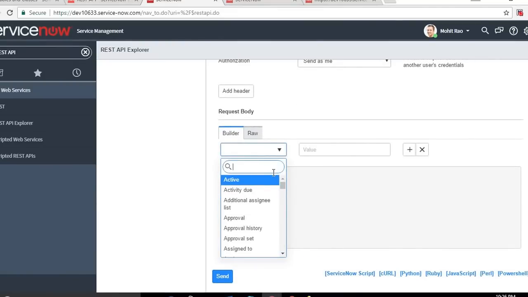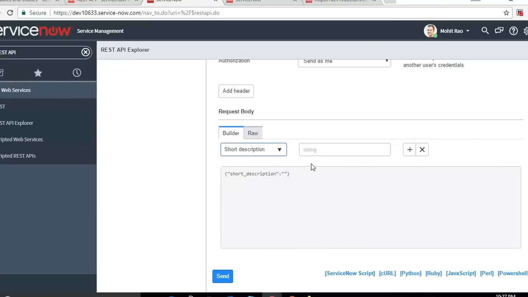As you can see here, we were talking about column customization in different companies, right? The best part of using REST API Explorer is that everything you can see here. REST API Explorer will go to the column and pick whatever information you want. That's why I said for testing it's best to use REST API Explorer. Use REST API Explorer, test the code, and then use it in orchestration or your in-house API tool. So what I have to set is a short description. I'll set the short description as testing REST API Explorer.